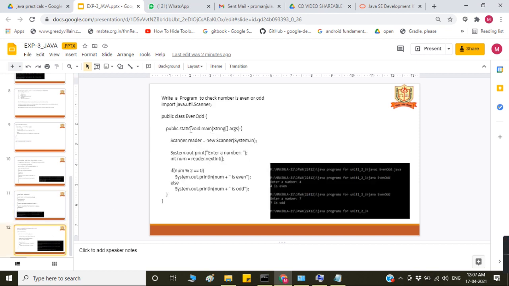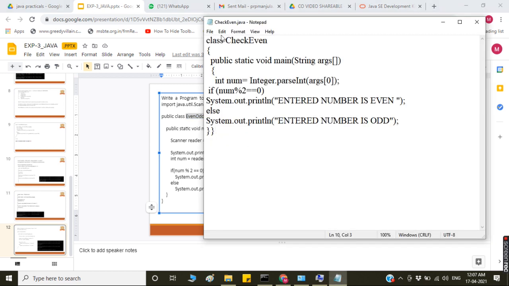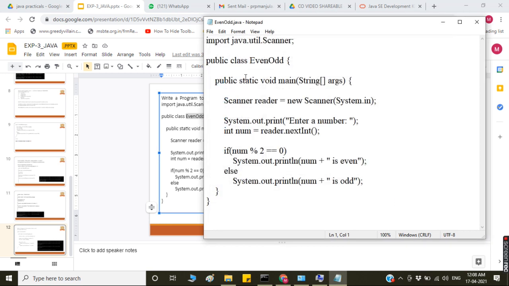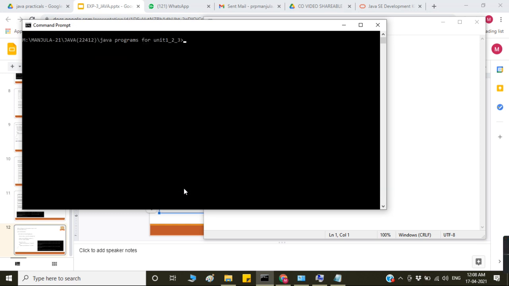So how many programs are there? Then even and odd. Even and odd, already it is there. Even odd. In this program I am removing. Control C. So click here. Open this. Control V. Even odd. Open. See, even odd, scanner. Using this scanner, the user has to enter through the keyboard and it will check whether the entered number is even or odd. So I am clearing the screen and after that javac even odd